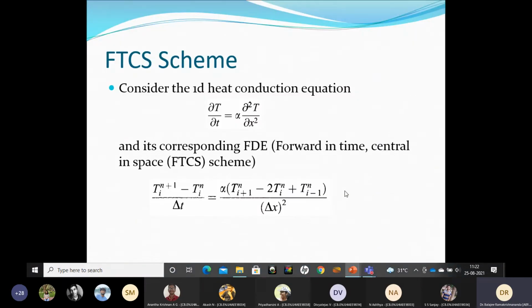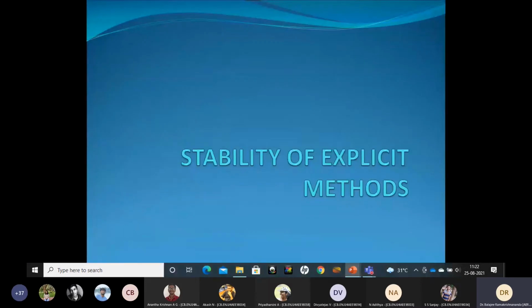Okay, so let's go to stability now. Now we'll look a little bit more into stability. We just informally defined what stability is. Suppose the solution converges, it is stable. If it does not converge, it is not stable. We also saw earlier that the error should decrease with iteration. Only then it can be stable. If the error increases with iteration, it's unstable.